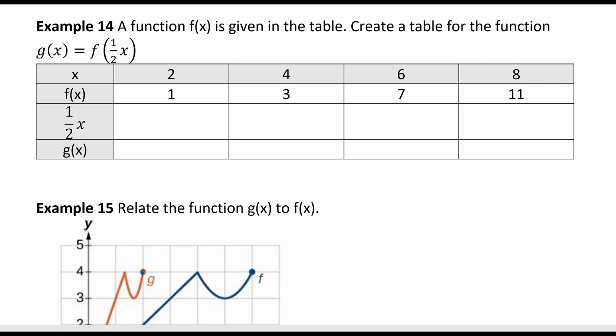And if we consider that half of x is 2, 4, 6, and 8, I'm going to make a new row here. Make this g of x here. Then the x would have been